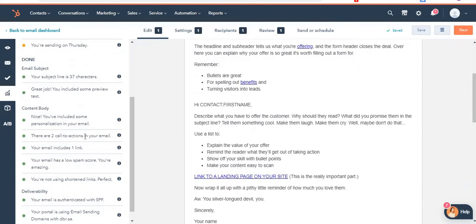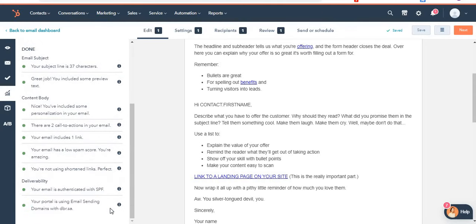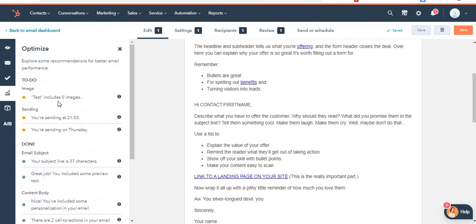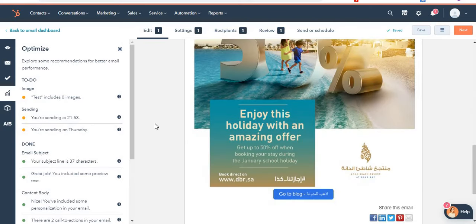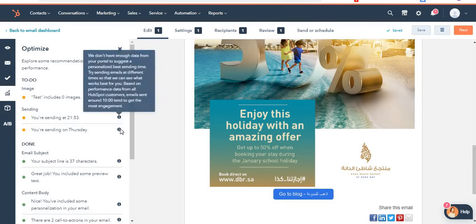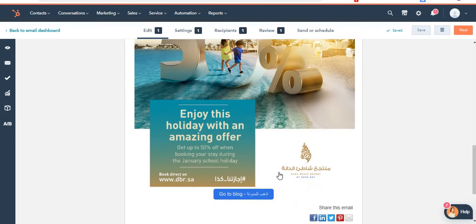So there are 2 CTAs, right? Email includes 1 link, low spam score, etc. So deliverability, it's authenticated, right? It'll show you 0 images. I don't know for what reason this is showing 0 images. It should not. But anyways,